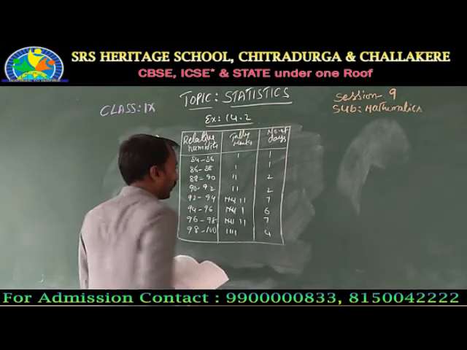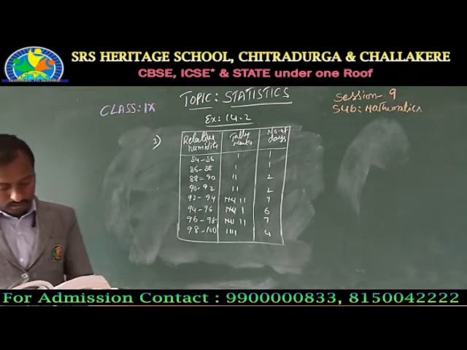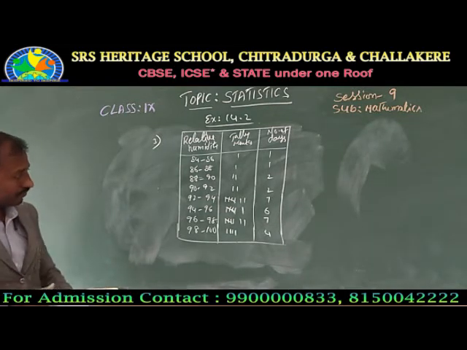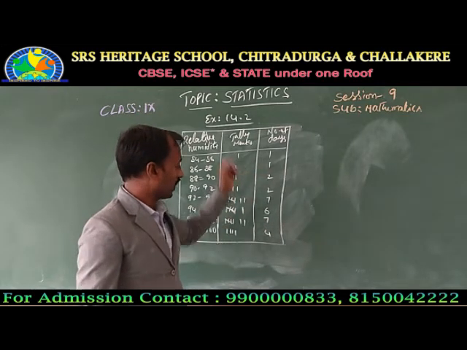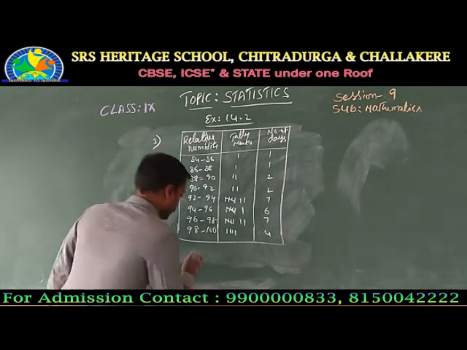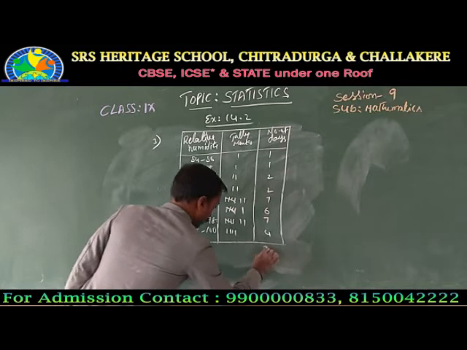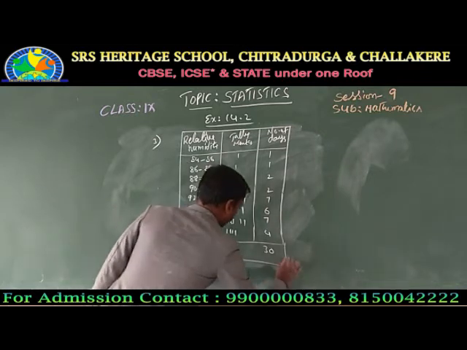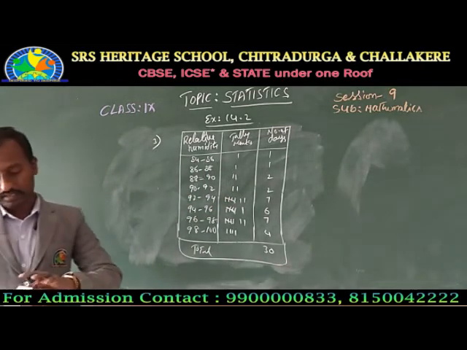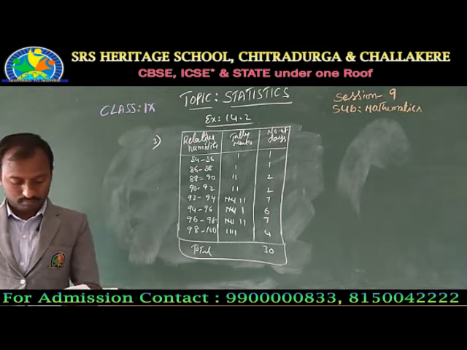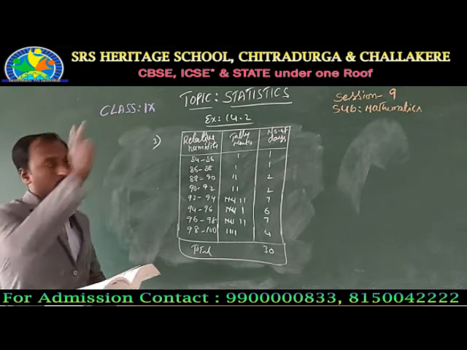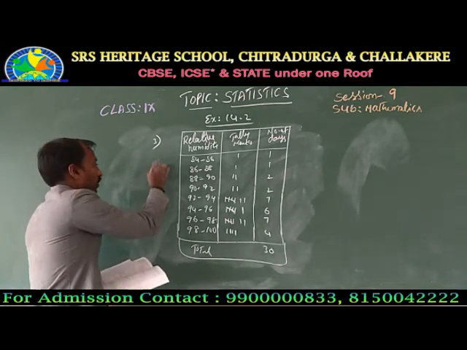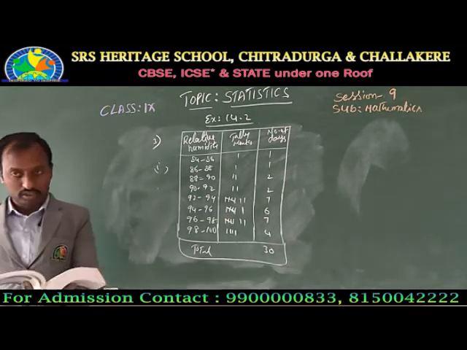So as you count this, the total you should get is 10, 14, 24, 28, 30. The total is 30. So consider 30 days only, as per the given question. Right. This comes to problem number 1: construct a grouped frequency distribution table. This is over. Construction is over. Come to the second question.